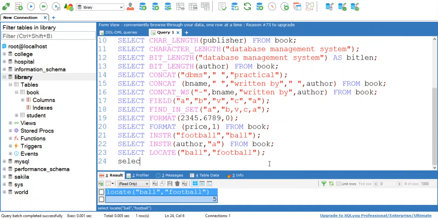Locate can also be used with the attribute of a table. So now I want to search for the k substring, or k character, in the publisher name, whether any publisher name has that letter k or not, and if k is there, then what is the index position of that k in the publisher name.